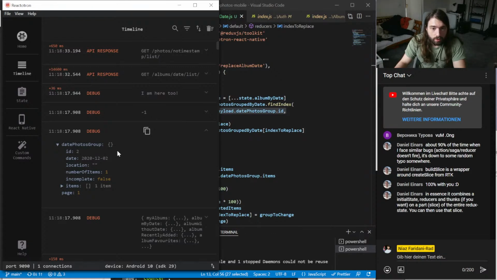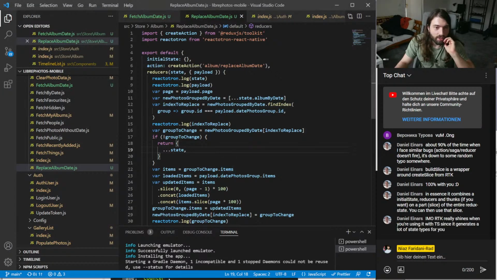In essence, it combines initial state and reducer things if you want on a path slice. Okay, all right. Yeah, I can see that some people maybe prefer that, because they only have small things they want to modify, but then the architecture here is a bit weird, so that I still have to add this to the slice in the last step, I guess.